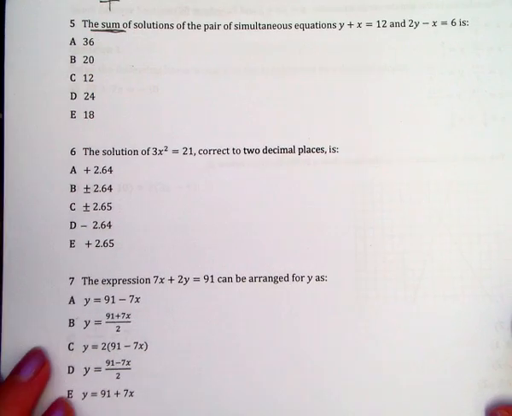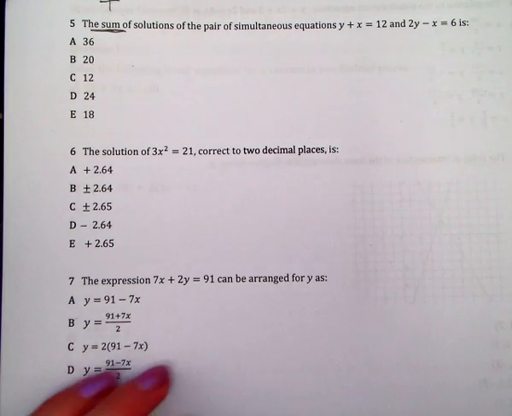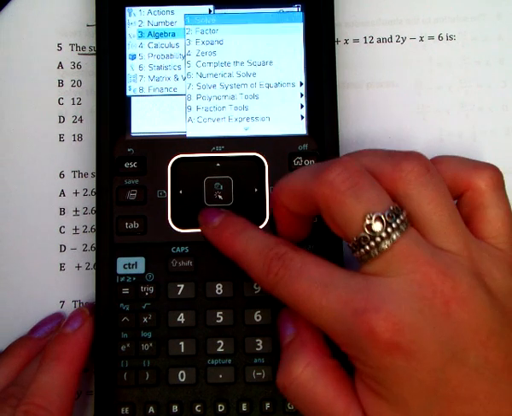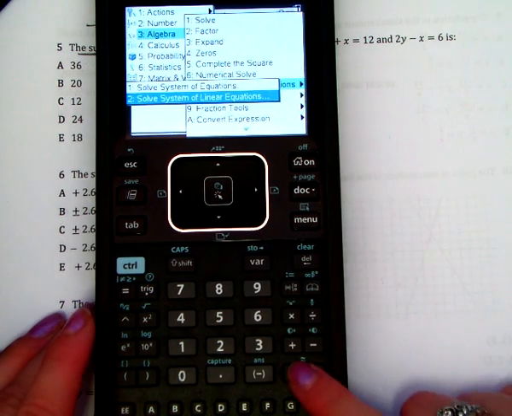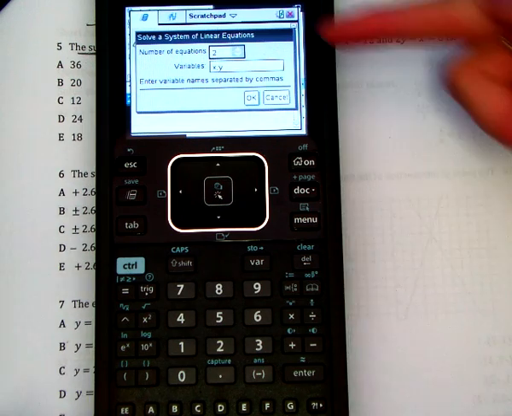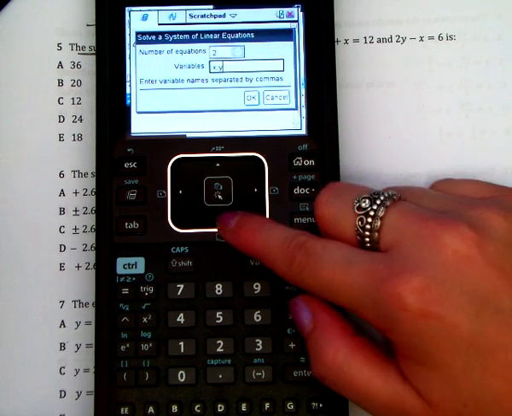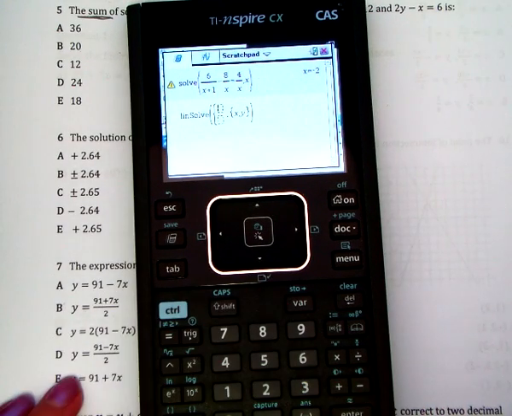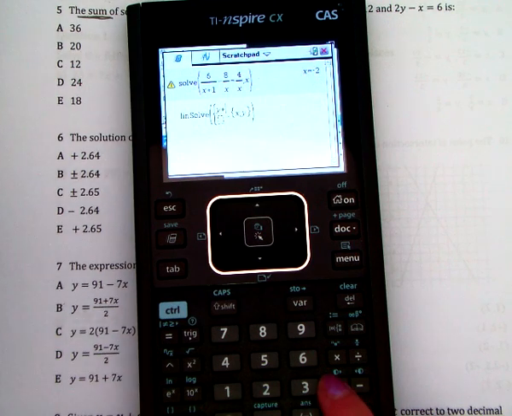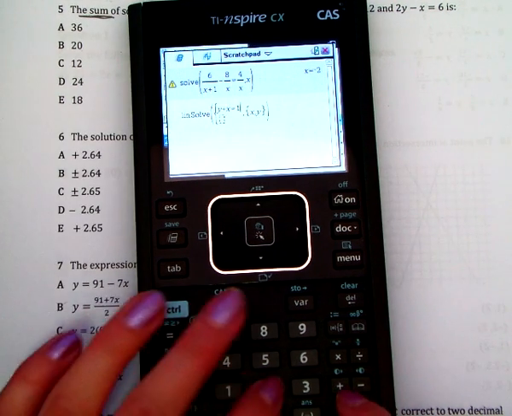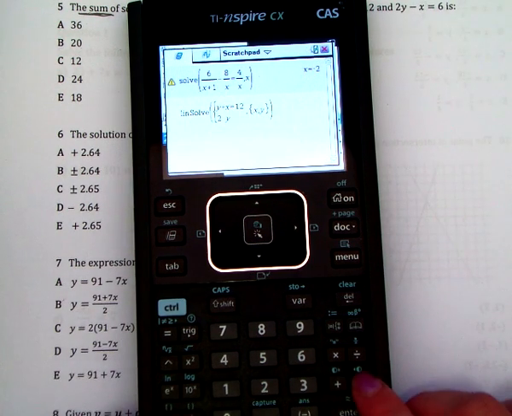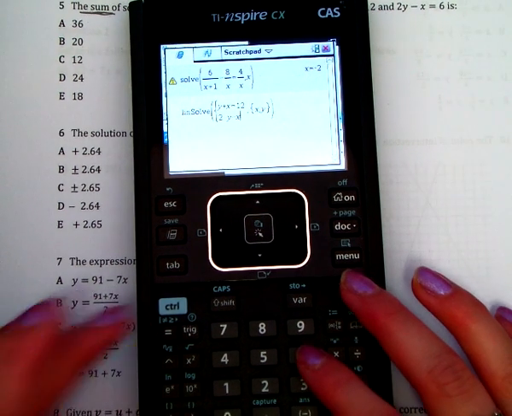Okay. If we've got to solve simultaneous equations, we know that we only do this on our calculator. So again, menu, algebra, solve system of equations, and we're solving a system of linear equations. We want 2 equations, the variables to be x and y, so we press OK on that. We then need to enter our 2 equations into the linsolve function. So we had y plus x equals 12 and 2 times y minus x equals